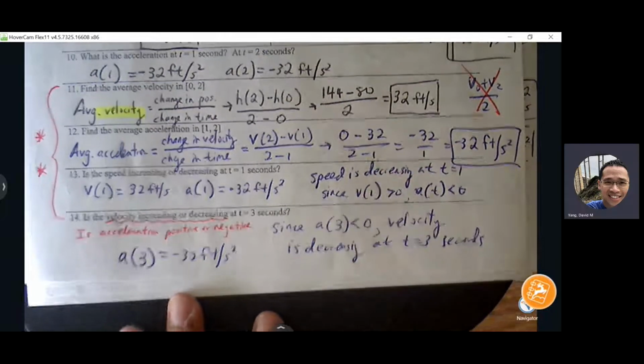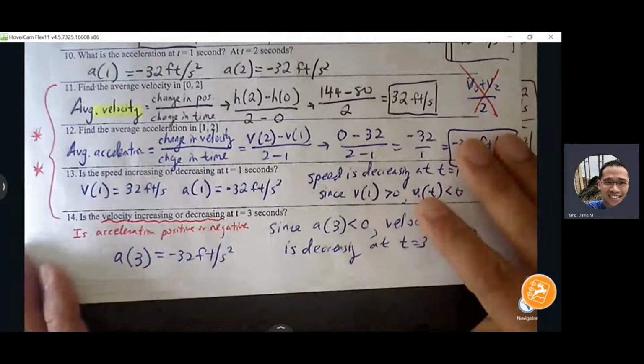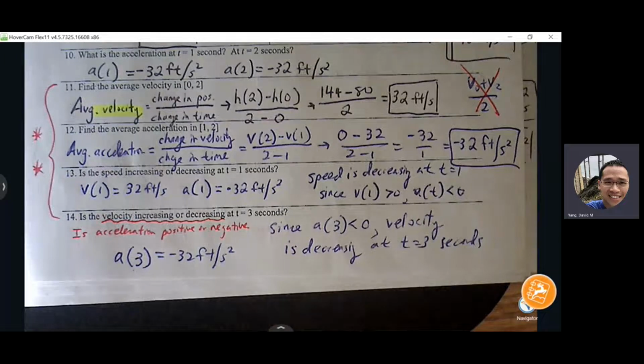Now, can you imagine why it's easy to misinterpret number 14? Because first off, it looks so similar to 13 that if you see this problem for number 14 on the quiz, you may interpret it as number 13, and you would start comparing between velocity and acceleration, right? So that's a possibility. The other possibility is you're looking at that, and maybe you can interpret that as saying,